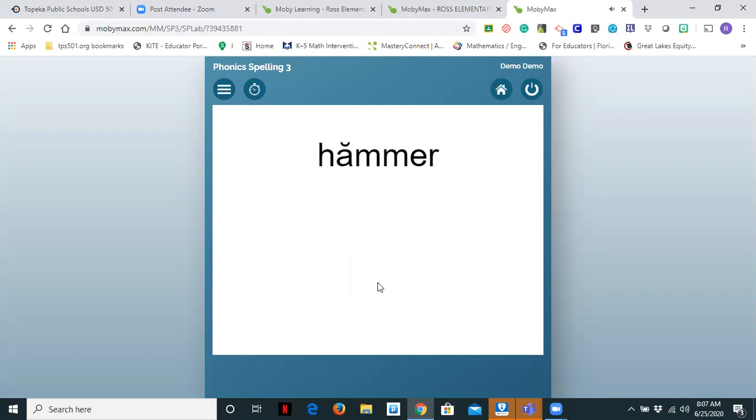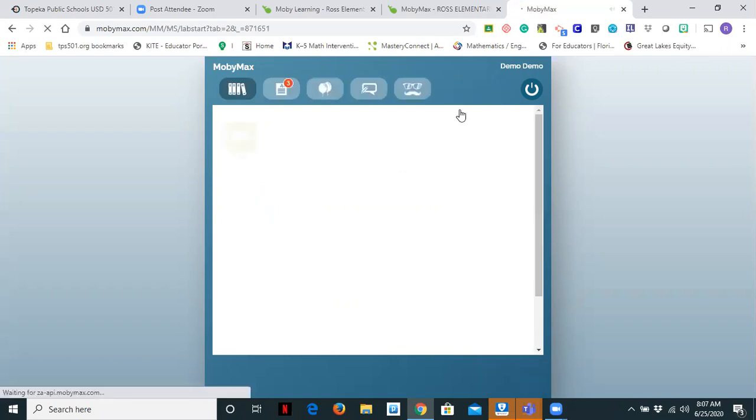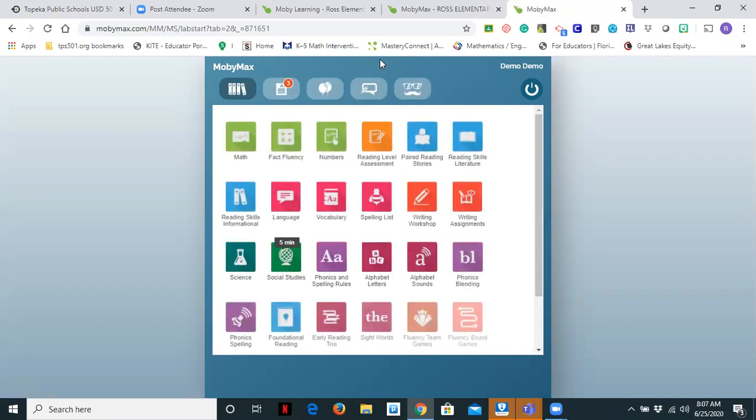Ham, hammer. So that is phonics spelling levels 1 through 3. So let's go into teacher view and I will show you how to change settings within phonics